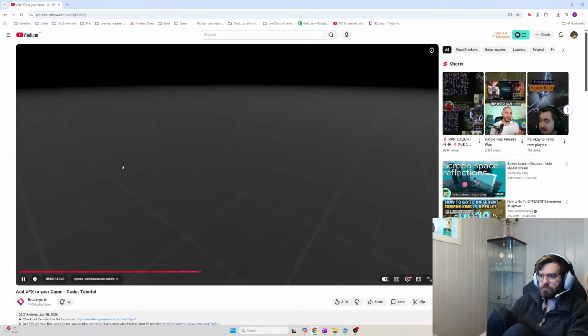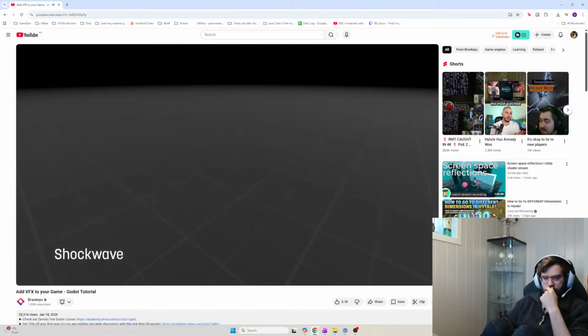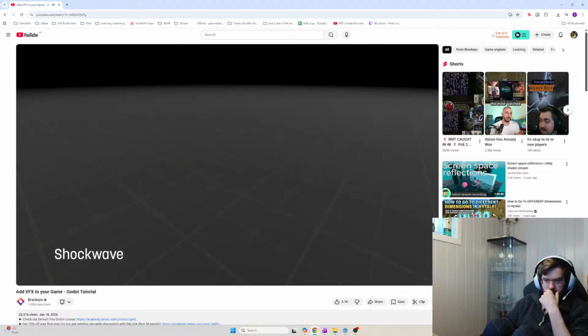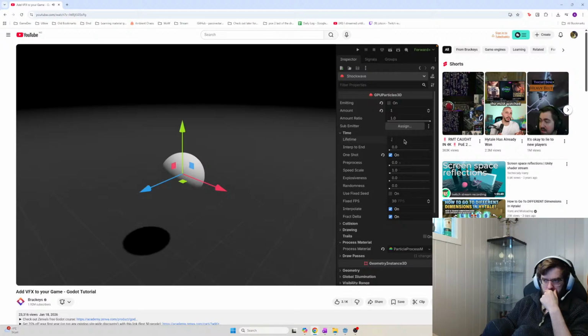For the shockwave, the technique is a little bit different. Again, we are changing the same settings, but this time we are only emitting a single particle. This might seem a little weird at first, but it's actually very common to use very few or even just a single particle to make parts of an effect. In this case, I wanted to create a flat shockwave that would expand quickly and then disappear. So I set the amount to 1, the lifetime to half a second,